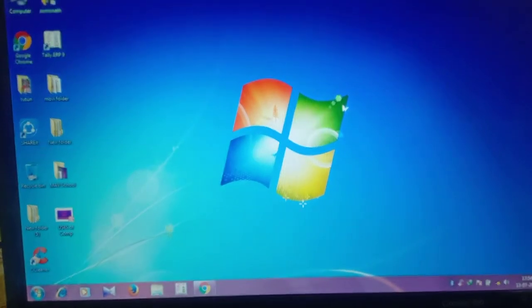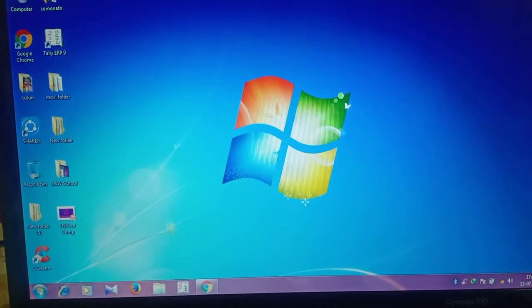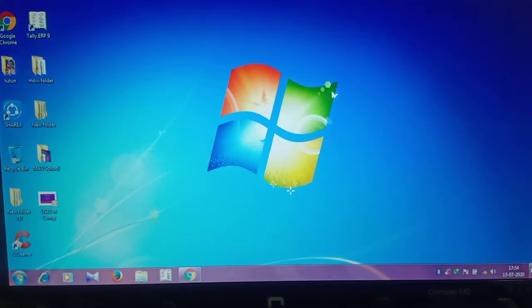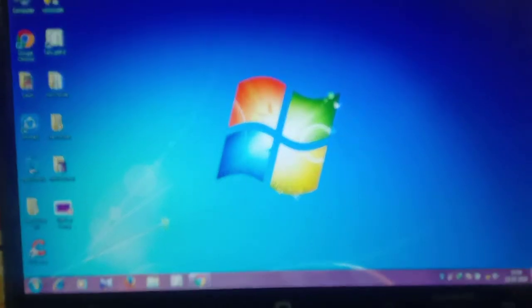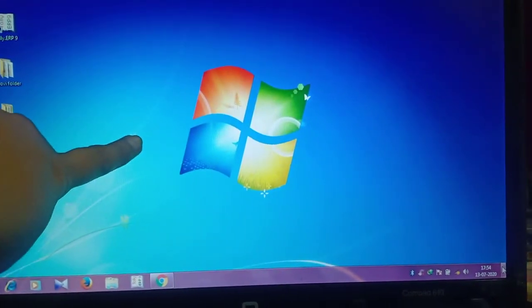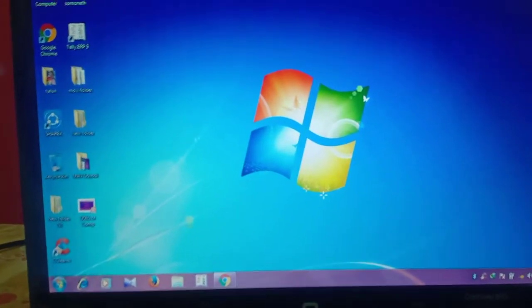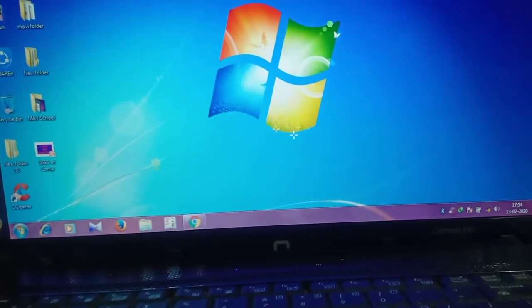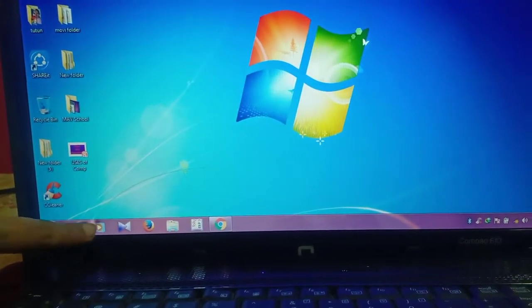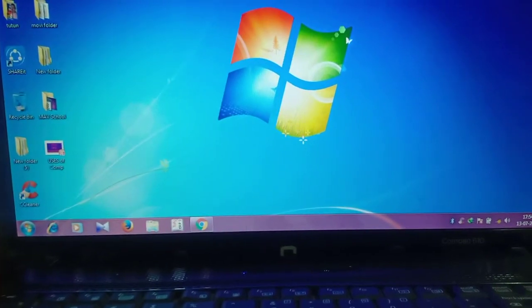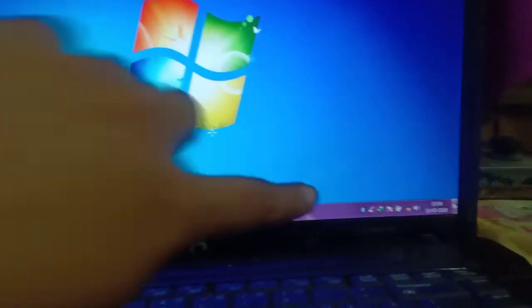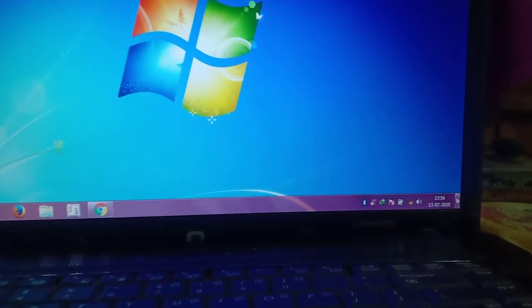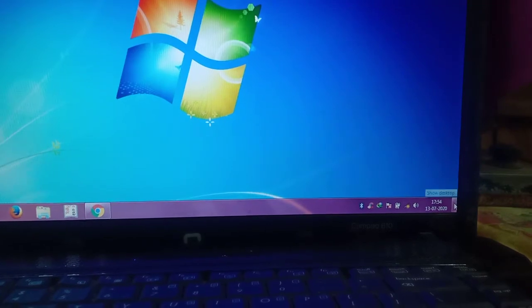So these are all the Windows 7 desktop components. I am repeating again. This is the Windows 7 desktop. This one is the desktop background or wallpaper. The small pictures present on the desktop are called icons. This is the start button. These are the quick launch bar or quick launch icons. This is the notification area and this last one is the arrow peek button.